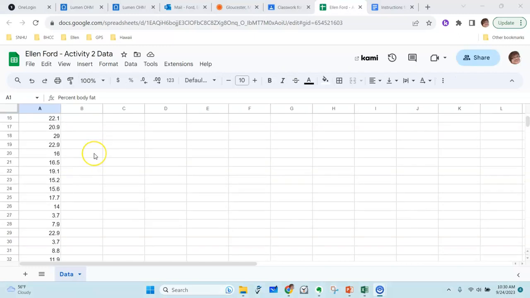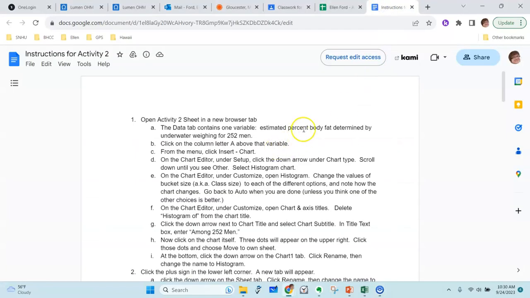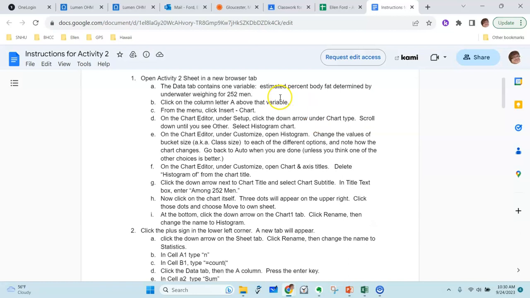Okay, well, it looks like we have data for what percentage of people's body makeup was fat, and we've got all their percentages here. So let's look at what the instructions say. The instructions say that there's 252 men, so we're going to click the column letter A, and then we're going to do Insert Chart, select